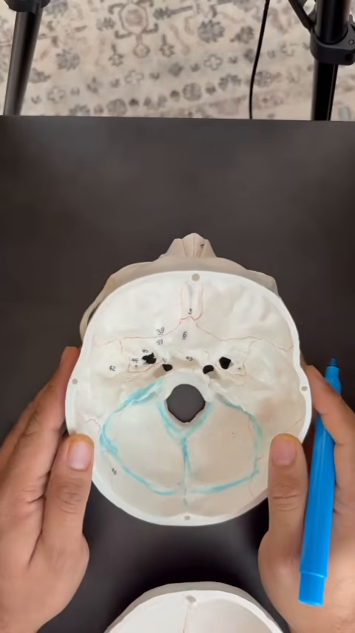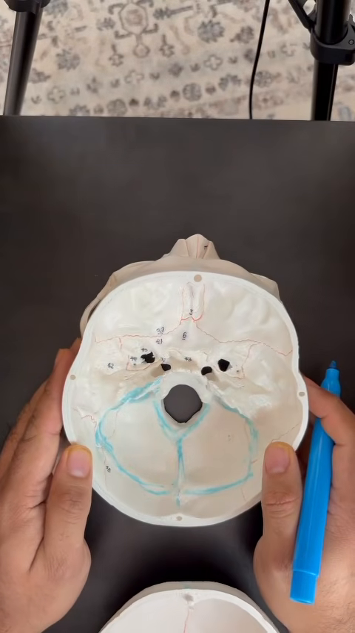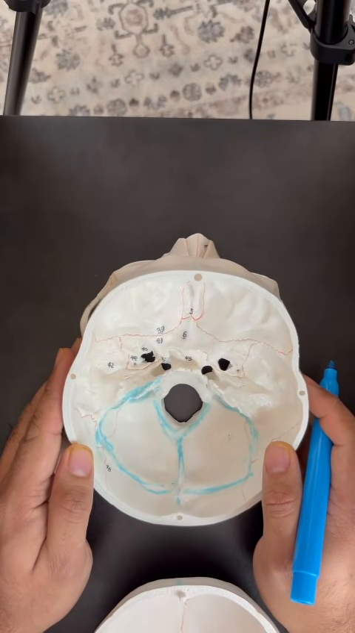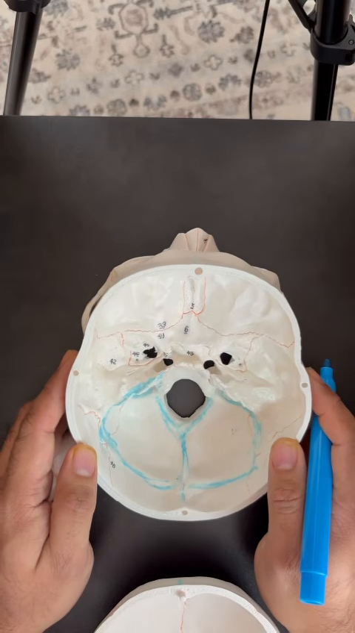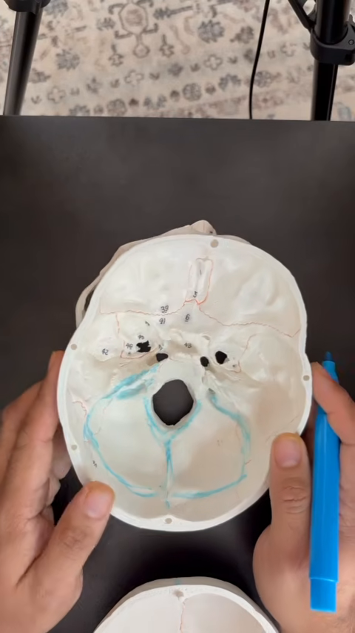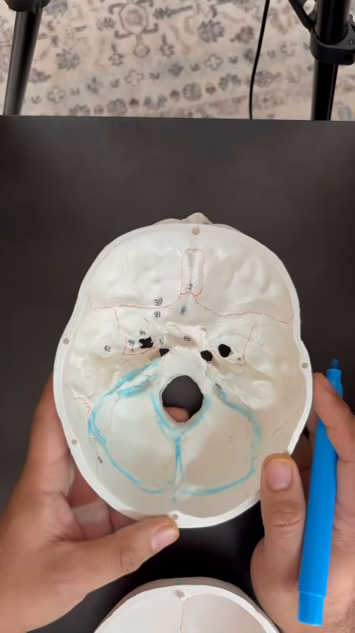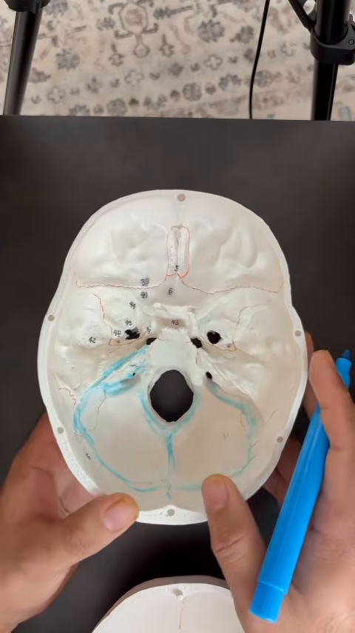Hello everyone, today we are going to read about the dural venous sinuses. Now, these dural venous sinuses are endothelium-lined channels which drain the deoxygenated blood and cerebrospinal fluid into the internal jugular